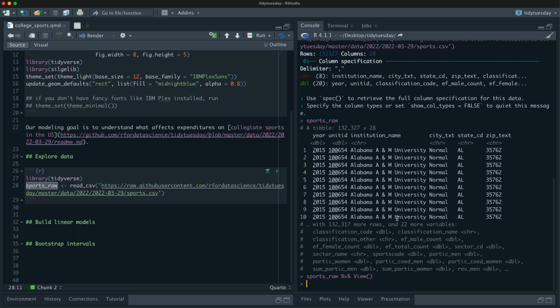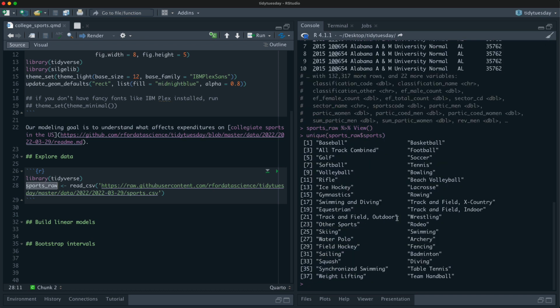Let's look at how many sports there are, and let's see what's in the raw sports. All right, that's a lot. I notice there's probably some overlap here, so I think I'm going to do a little bit of cleaning up.